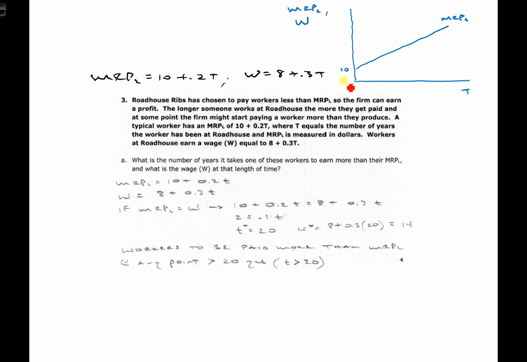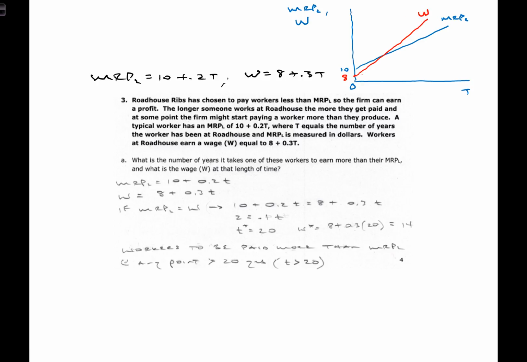Well, when time is 0, then wage is equal to 8. We're still on this currency denominated axis, so we're here on the curve at 8, and we know that it's got a slightly steeper slope, 0.3t instead of 0.2, which tells us that we're going to be more steeply upward sloped, which we also learned in our description,